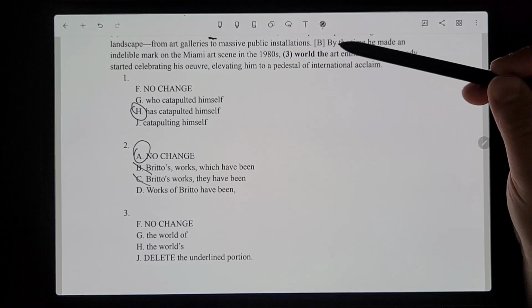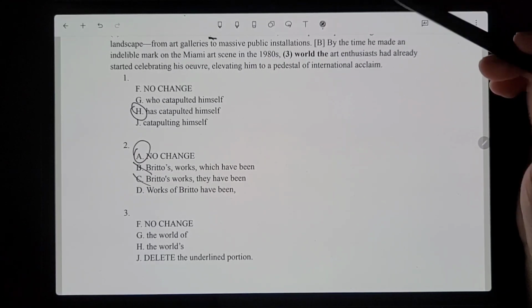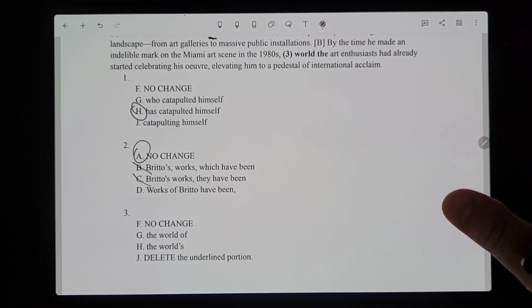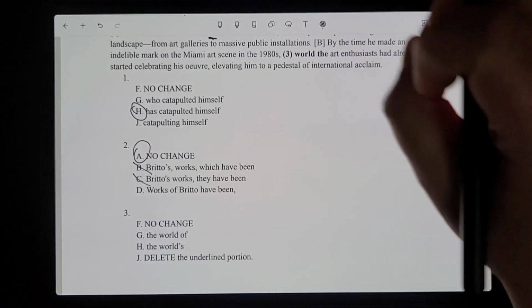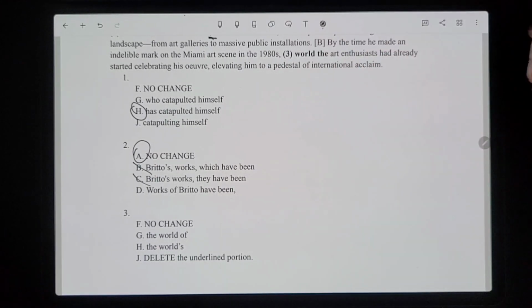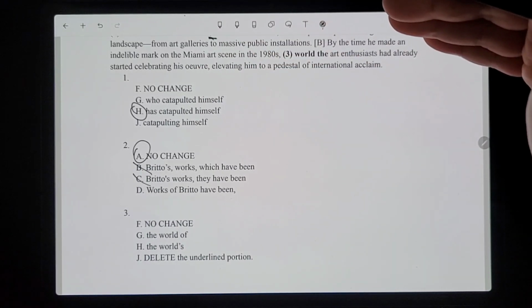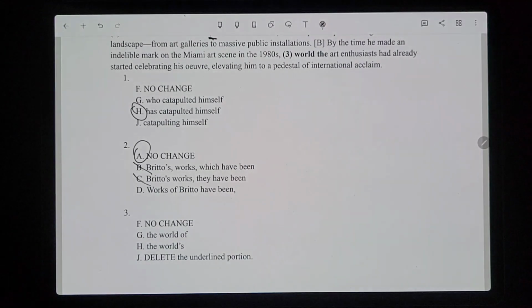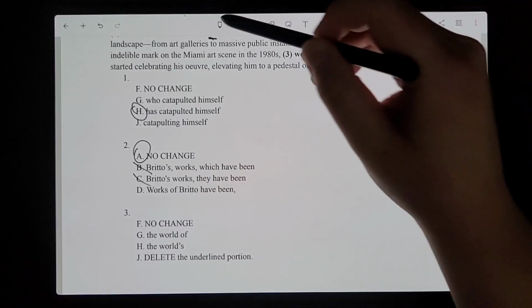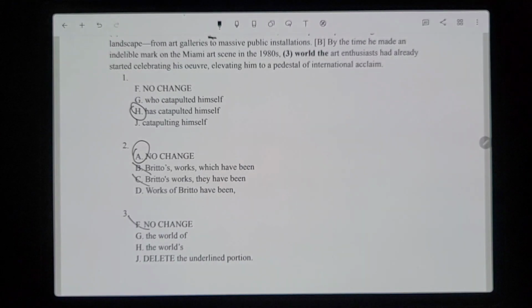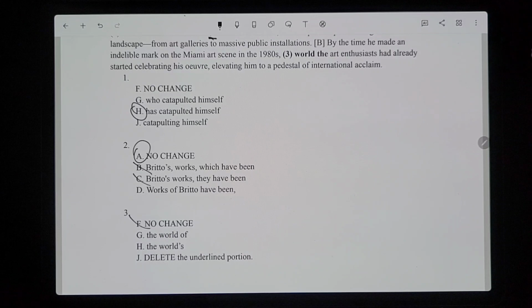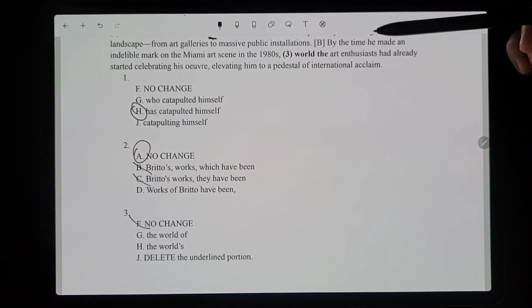You're talking about the art enthusiasts being the ones celebrating, not the art. That doesn't make sense, because that's kind of referring to the world celebrating, instead of the art enthusiasts of the world. So it can't be A or F, I mean. And then the art enthusiast of the world, elevating him to a pedestal of international acclaim.